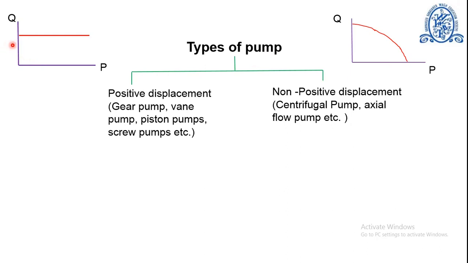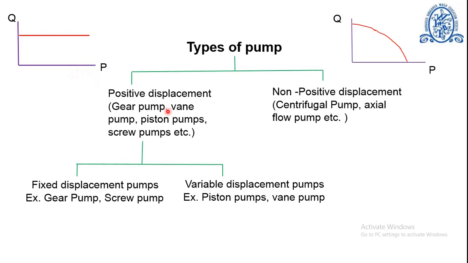In case of positive displacement pumps, they can maintain a constant flow rate even if the system pressure varies. They can therefore be used for high pressure applications up to 800 bar or even more. Also, positive displacement pumps are self-priming and can handle a variety of fluid types. These characteristics make them most suitable for industrial hydraulic systems.